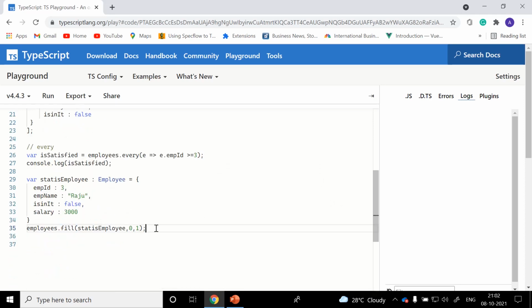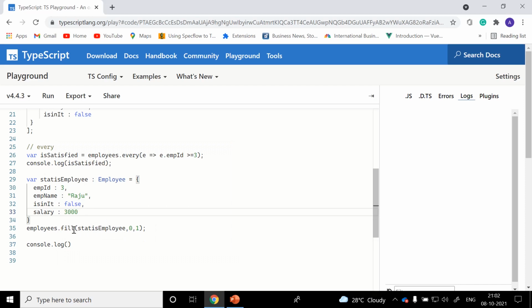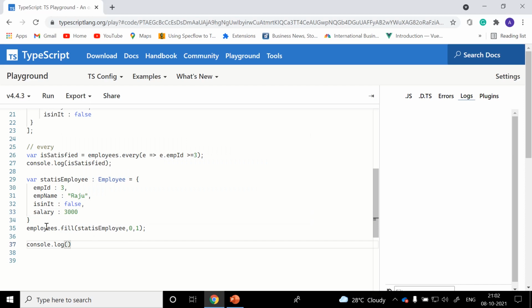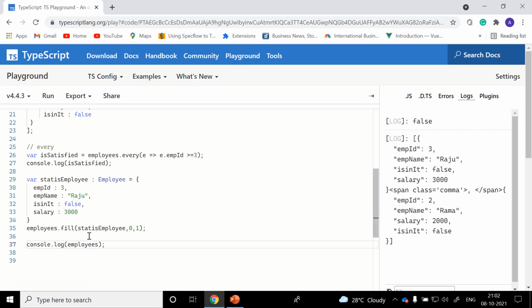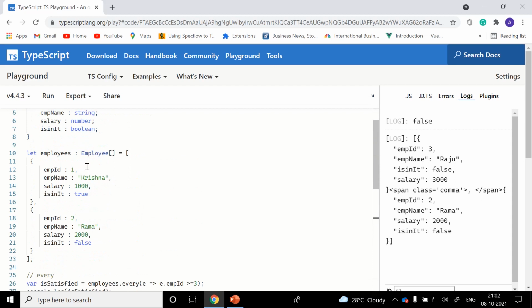Let me log it with console.log. Fill again returns the employee array, the list of array values. If you observe clearly, we have two array values, employees of 0 and employees of 1.